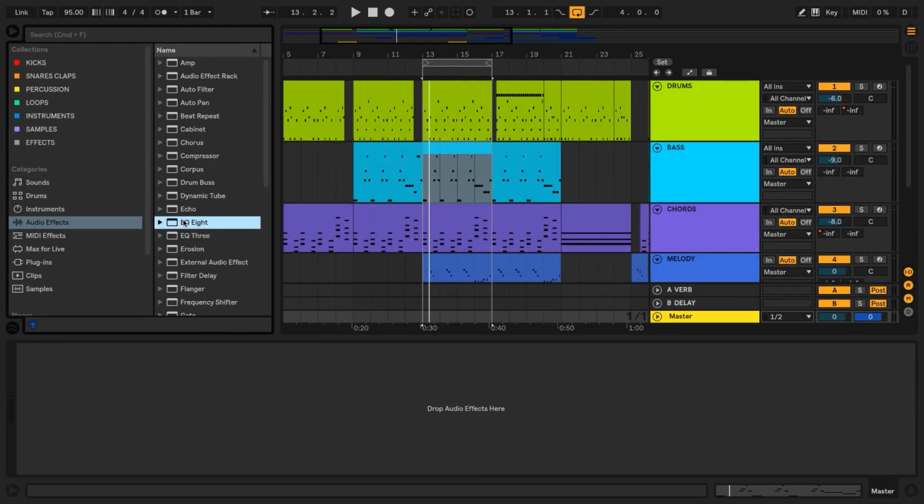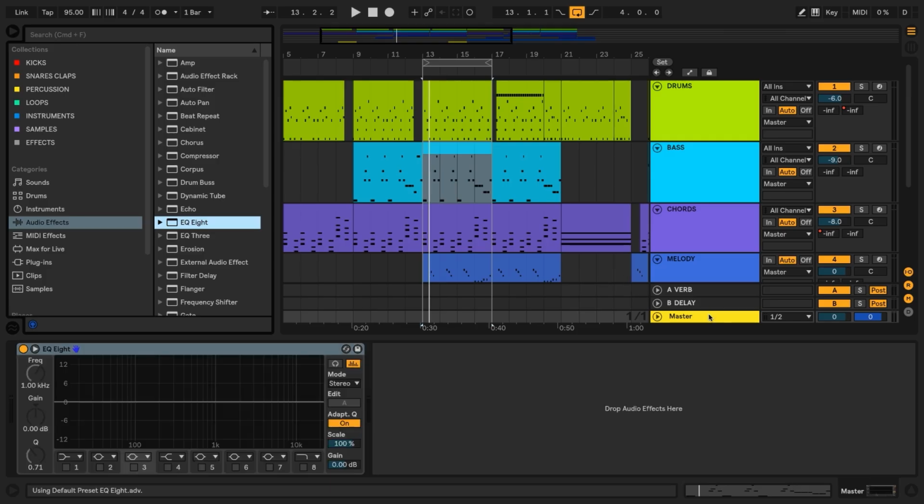All right, guys, in this video, we're going to apply EQ to the whole song. So we're going to add EQ8 to the master track. And we're going to go through the same process we went through on the individual tracks. We're going to sweep through, find problems, and then remove them. So let's start by adding a very standard low cut. So we're going to set that at 20 Hertz